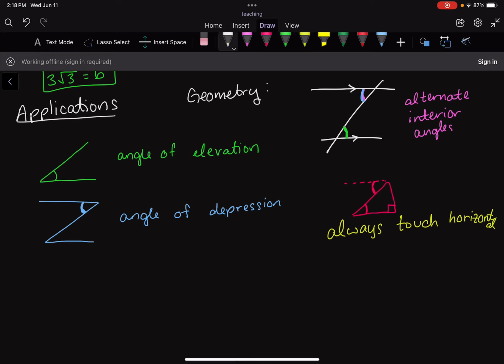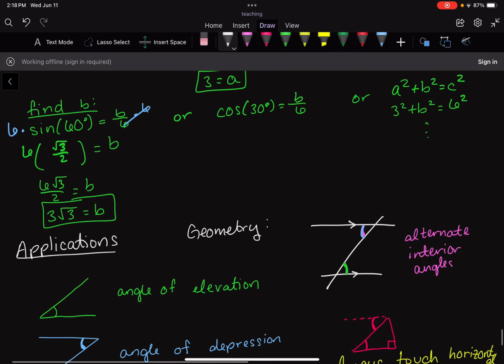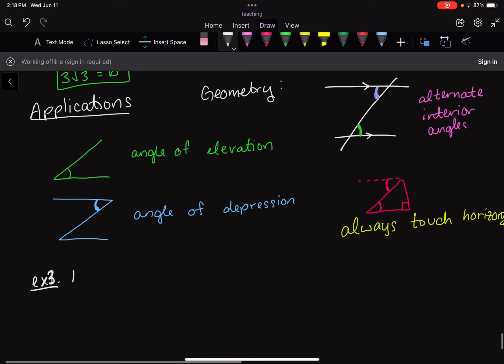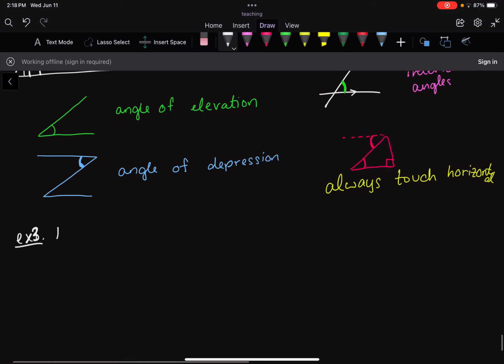So let's go ahead and do some word problems and we'll practice and we'll see all of this come together. So example 1, this would technically be example 3. Example 1 under applications, but really it's example 3. So this says that from the steps of Wiley,